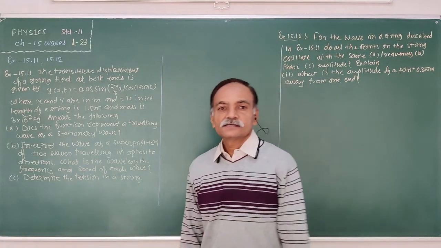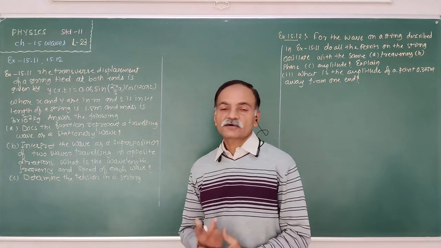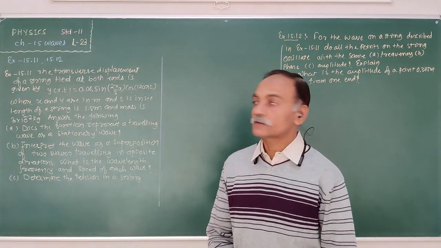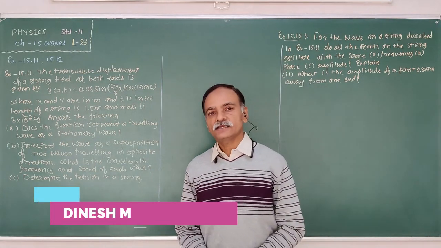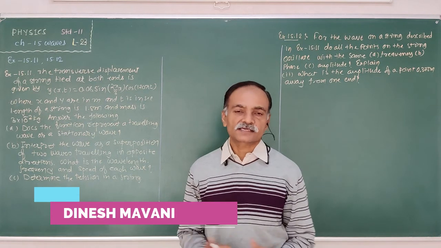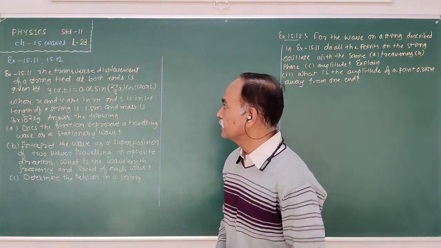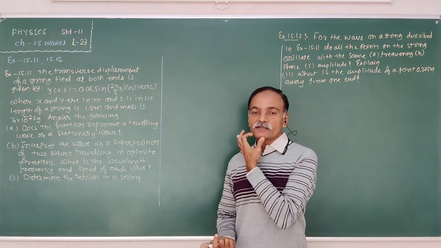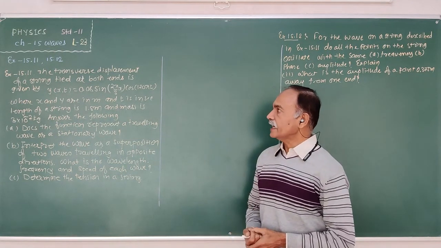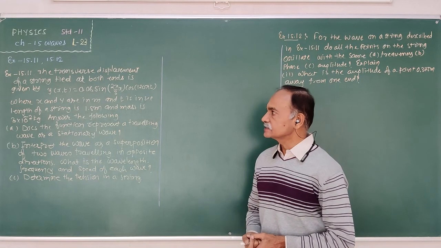Good morning, friends. In exercise of chapter 15, Waves, up to 15.10 numerical we discussed. Now next numerical 15.11: the transverse displacement of a string tied at both ends is given